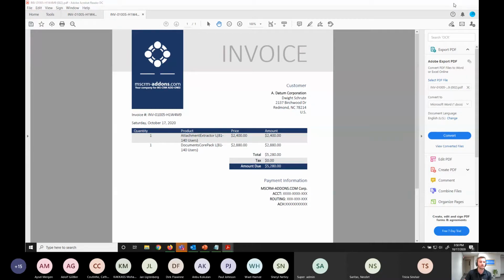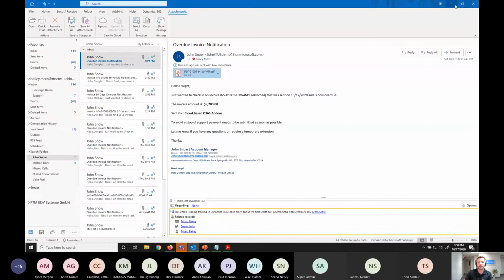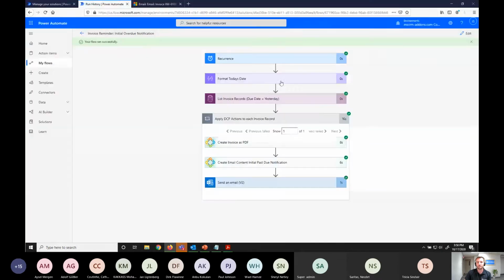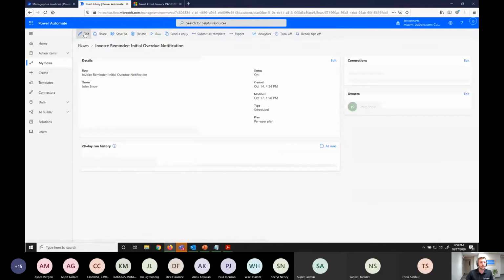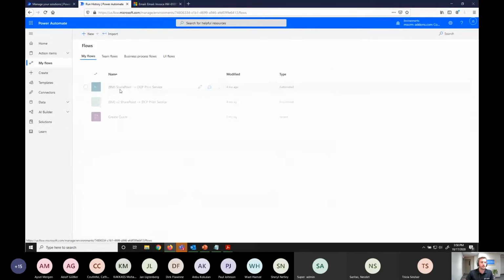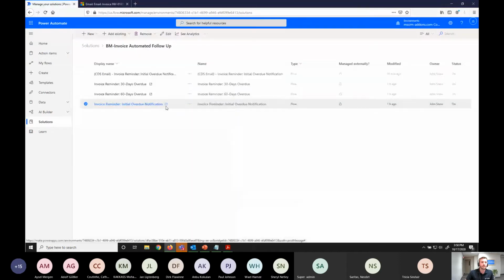So if you have an invoice that's already stored somewhere within that entity or within that record, you should be able to pull that in as well, as long as you have a unique identifier. What you'll notice is, if I go back to the screen, I created 3 flows here. Well, really 4, but 3 flows for this process, which is an overdue notification the day it becomes overdue, 30 days after overdue, and 60 days overdue. The only change I've put in